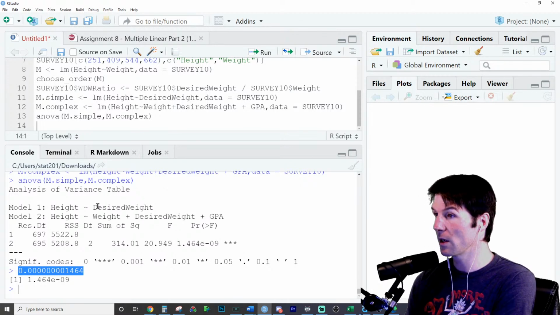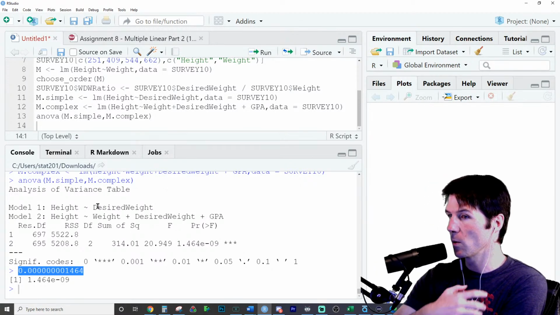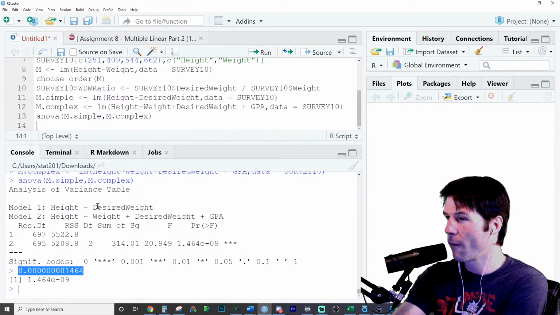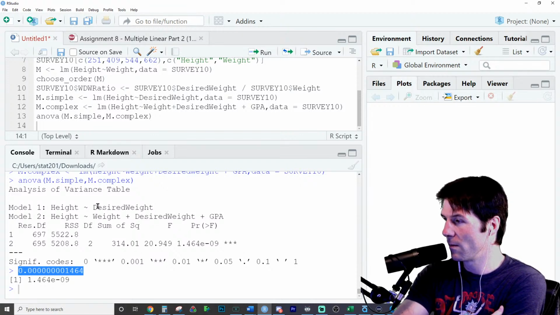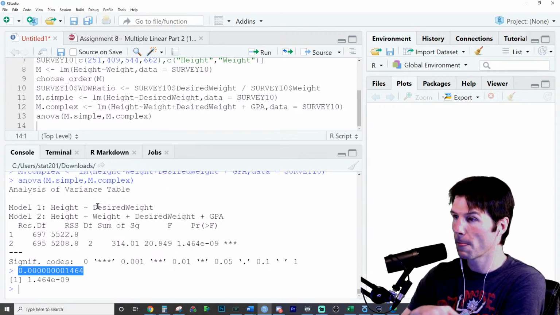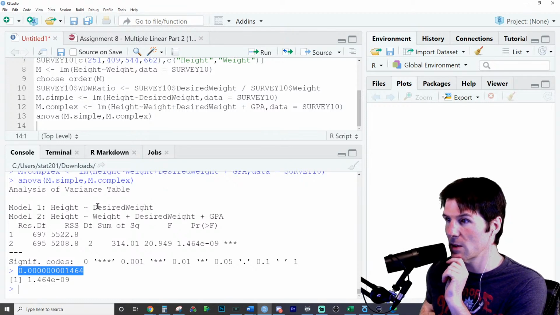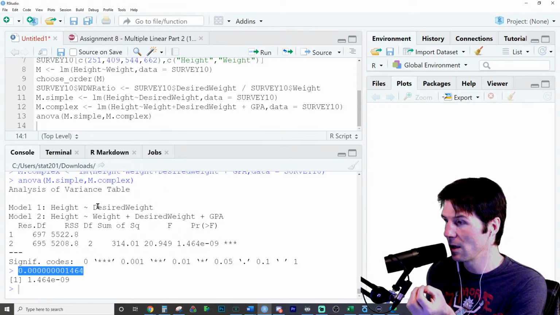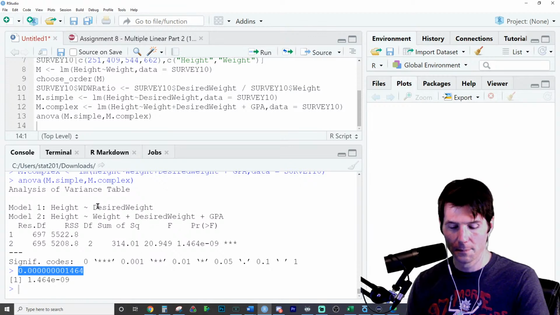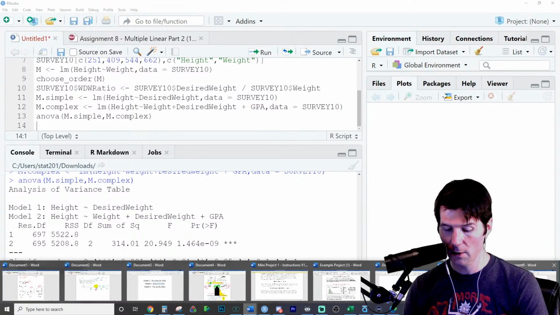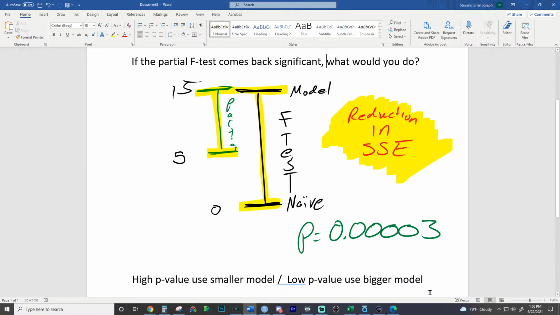And so this is a very important interpretation type thing right here where we say like, oh, this is telling us that this is going on. And so what does it, you are correct. So it is significant. So the p-value is most definitely significant. And what does it mean that this p-value here is statistically significant? Use the complex model. Yep. The reduction in sums of squared error going from the simple to the complex is statistically significant. So since we have a low p-value, we are going to use the bigger model